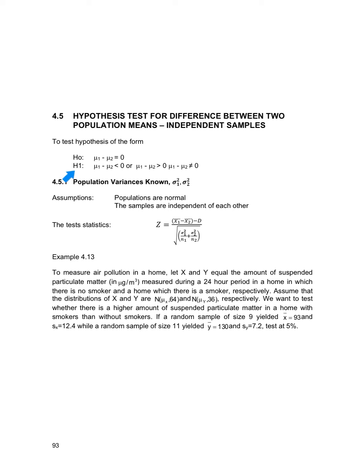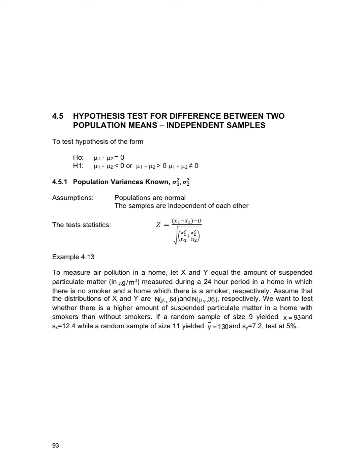At the alternative hypothesis we have mu1 minus mu2 less than 0, or mu1 minus mu2 greater than 0, or mu1 minus mu2 not equal to 0, meaning that we have a left tail test, right tail test,